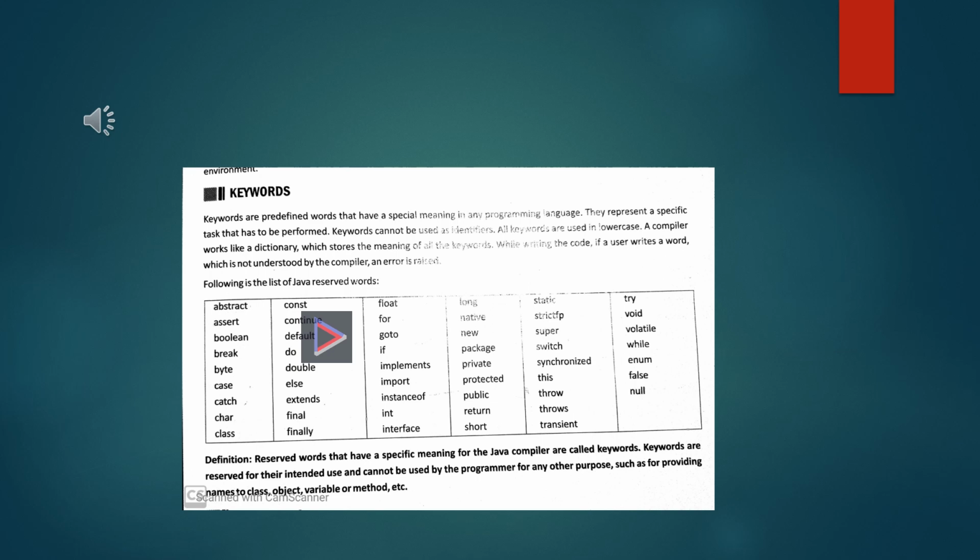You can find out, and from time to time when you start writing the program, you have to know the use of this keyword, and automatically by practicing it you remember this keyword. Okay,